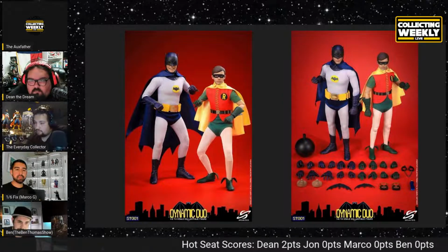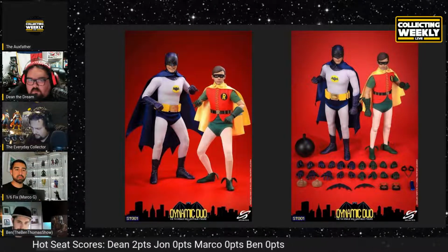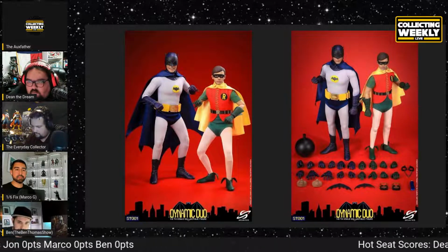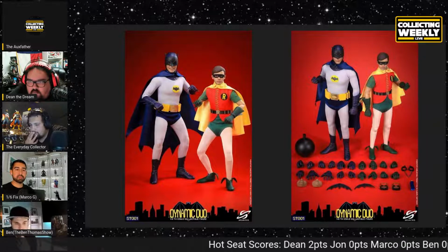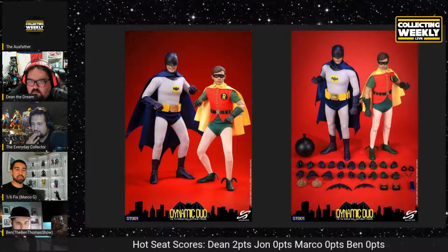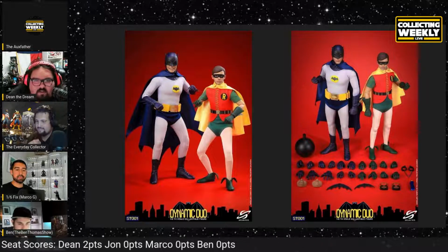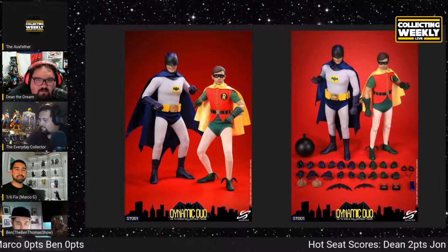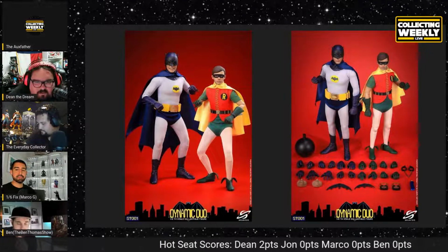I'm looking at the Hot Toys ones now. Even accessory wise, I don't think the Hot Toys ones came with anything too different than what's going on here. So I think at this price point, you might as well just get into the whole line. Mm-hmm. Yeah, you get PT Works. You could get all three for less than the Batman by itself if you were looking for the Hot Toys on the secondary market, and for that price for both of these,